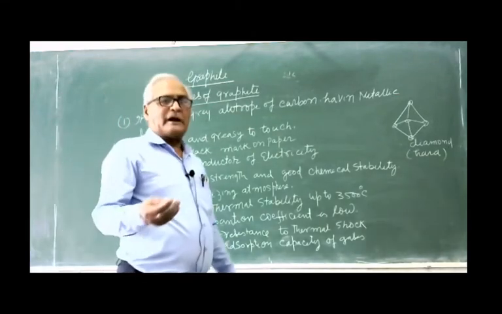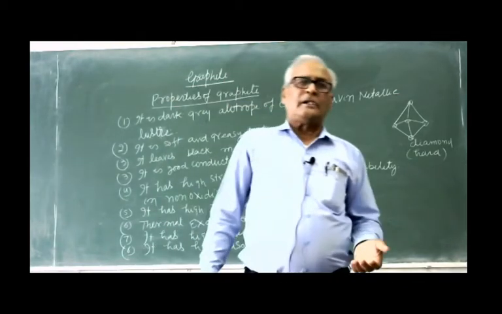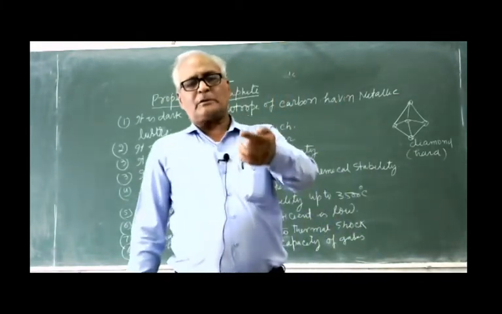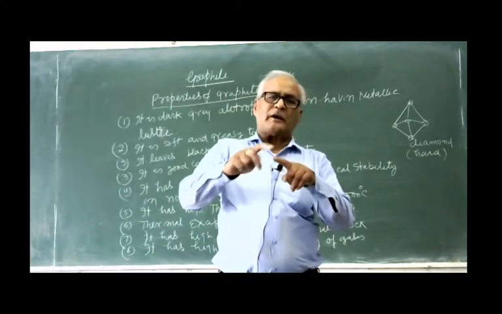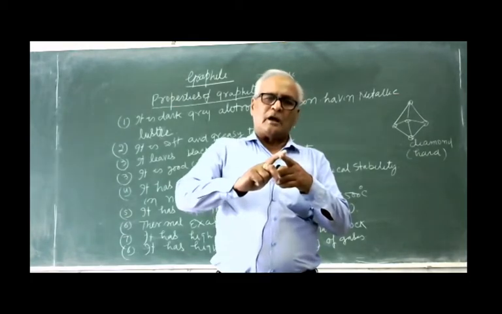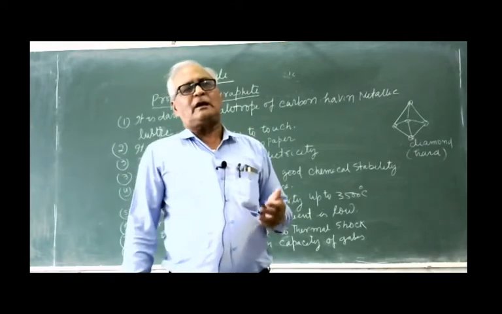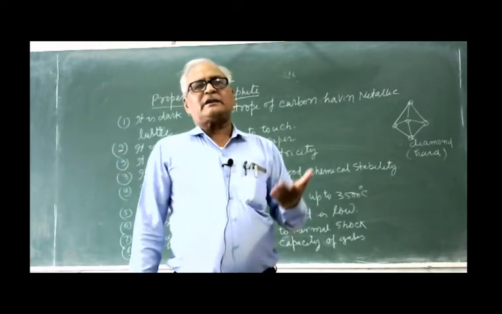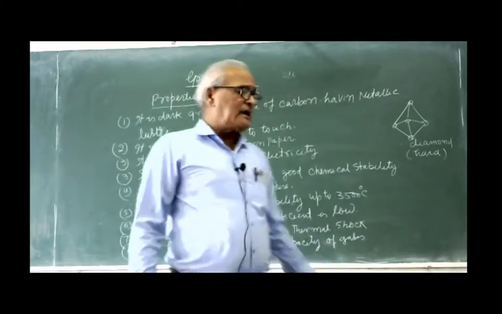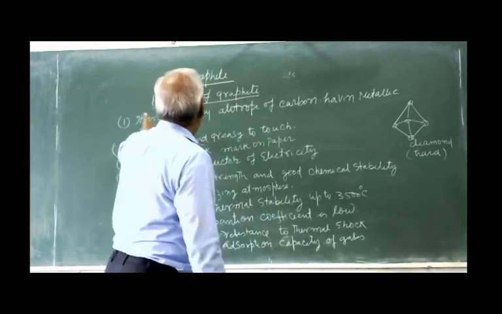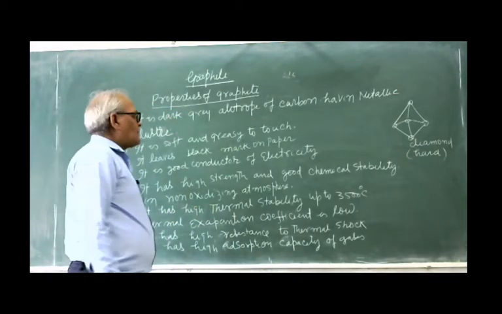Luster का माने हुआ चमक. आप जानते हो पेंसिल के अंदर ग्रेफाइट का इस्तेमाल करते हैं. तो ग्रेफाइट पेंसिल को आप अगर काटते हो तो उसमें एक विशेष प्रकार की चमक होती है, उसी प्रकार की जिस तरह से मेटल के अंदर एक चमक होती है. And that's why it is said that graphite has a metallic luster.